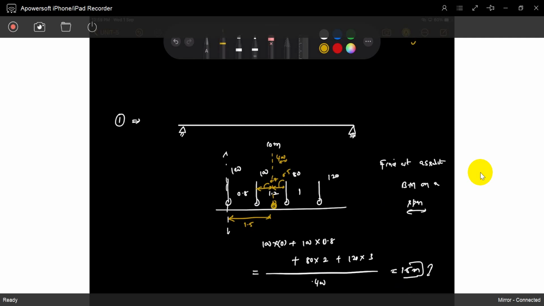So now we can imagine, check the right side and left side of the center of gravity of the rolling system. It is 100, it is 80. So under which load can you expect more? Which has more intensity is expected, so you will expect that 100. Under the 100 you will get the maximum chance of maximum bending moment. So you will fix this 100. So now this 100 is fixed.